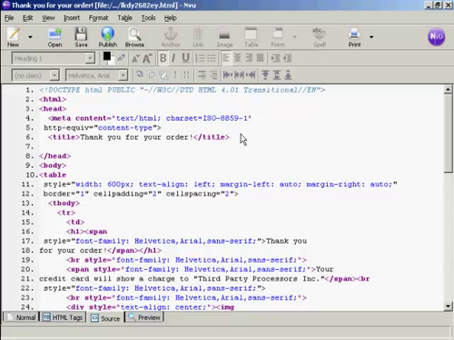So we type here, left arrow, meta, space, name, equals, quotes, robots, close quote, space, content, equals, quotes, nofollow, noarchive, noindex,